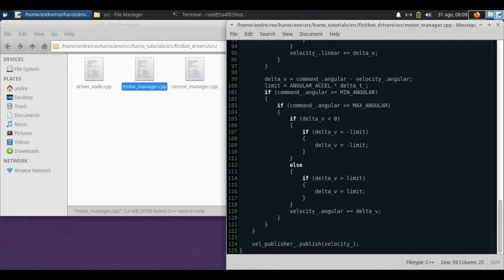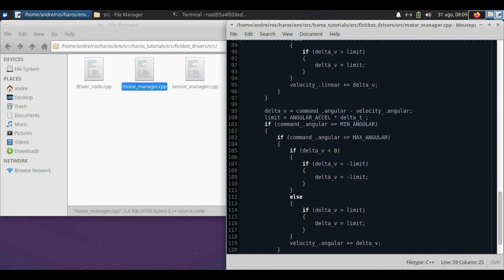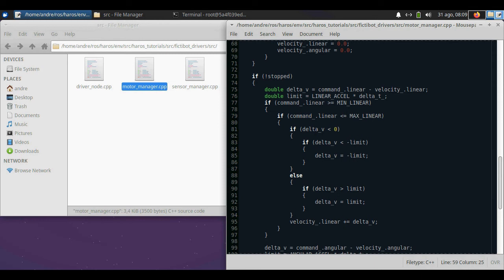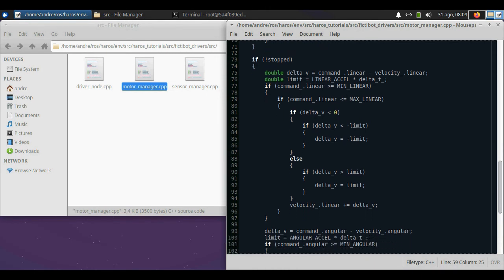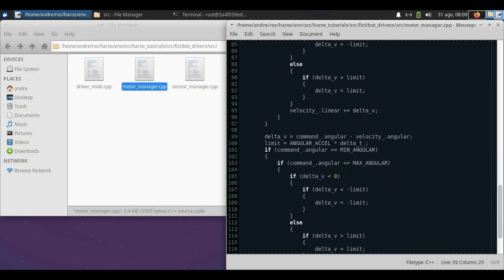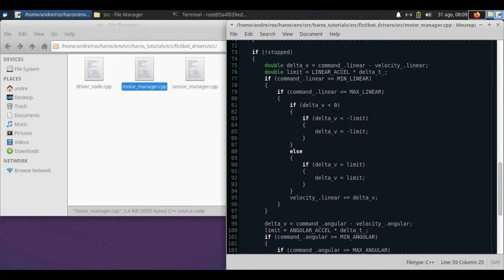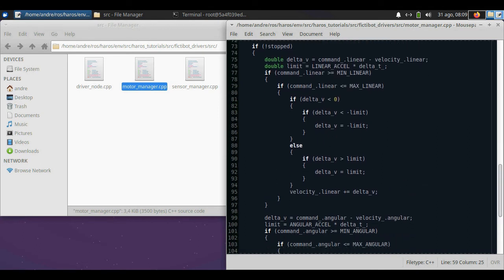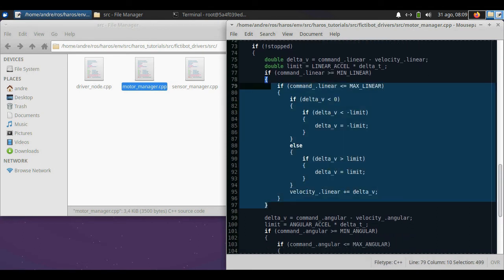But we can visually identify some structures here. There are two main if blocks within this function that are basically independent from one another, and maybe we can move them to their own functions that we will then call within the spin function.